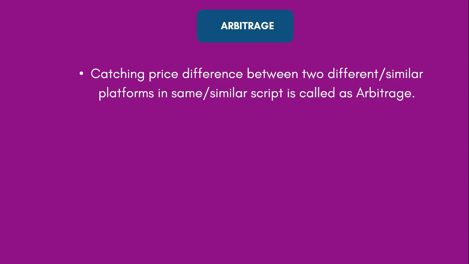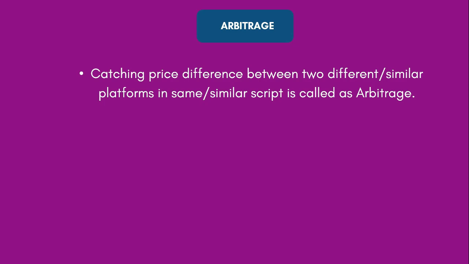Now, how do you catch such spreads or such price differences in the Indian market? In our previous videos, I've already explained how to catch price difference in options in a video topic called box spread. So you can also see that video as your reference, how you can catch price difference between calls and puts to make risk-free money. That is called arbitrage. Similarly, not only options, you can do arbitrage in equity and futures as well. I'll give you some examples in today's lesson.